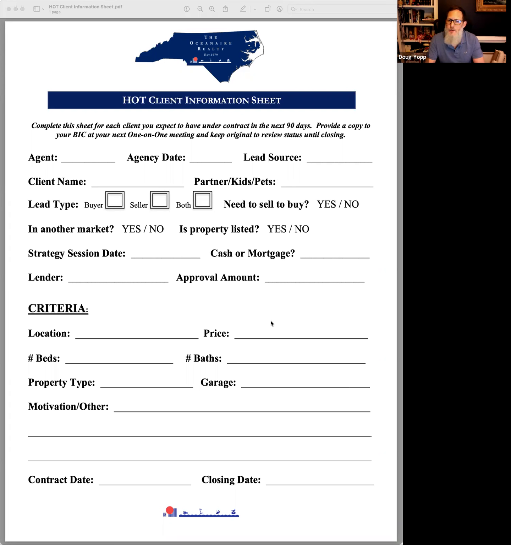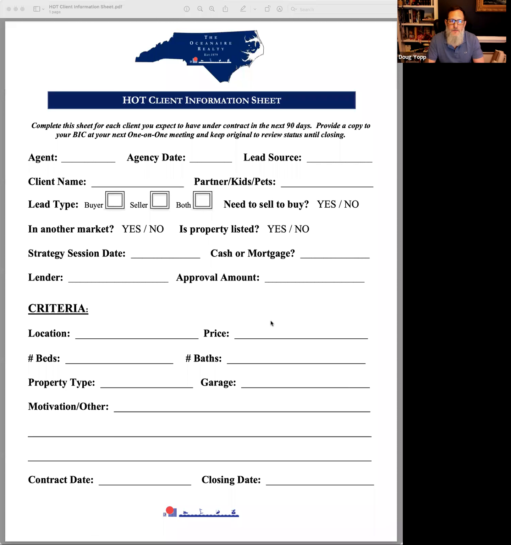Are they paying cash? Or are they getting a mortgage? Who's their lender? What are they approved for? All right, they're approved for 400. They keep sending you houses that are 500. Why are you allowing that to happen? Are you having a conversation with them about, hey, this is your budget. Do you have other money that we've talked about? These homes have been on the market for a week. Okay, now this house has been on the market for a month and a half. And I can tell you it's overpriced. I don't know that it's $100,000 overpriced, right?